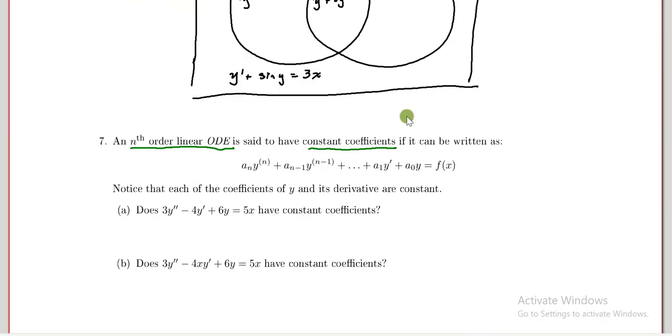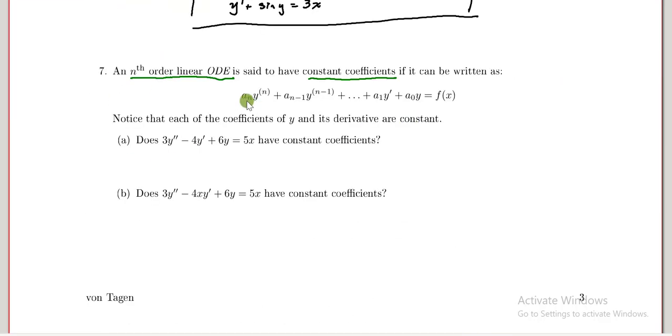And the difference that we have down here is that these are coefficients, but not coefficient functions of the independent variable x. So here, a2 is equal to 3, a1 is equal to -4, and a0